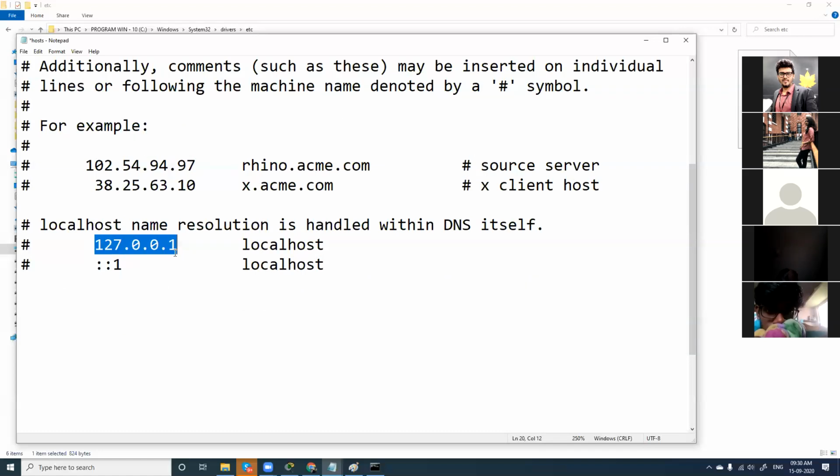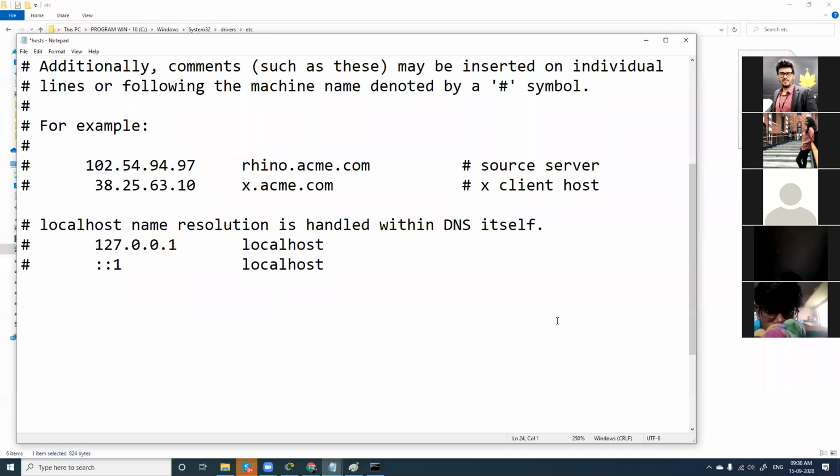So I'll go down here. I'll use this loopback address. This is the localhost address. This IP is like your customer care number. When you dial this number, the call doesn't go anywhere else, it goes only to your customer care. Like this, when you assign anything to this particular IP address, the request never goes out of your LAN.